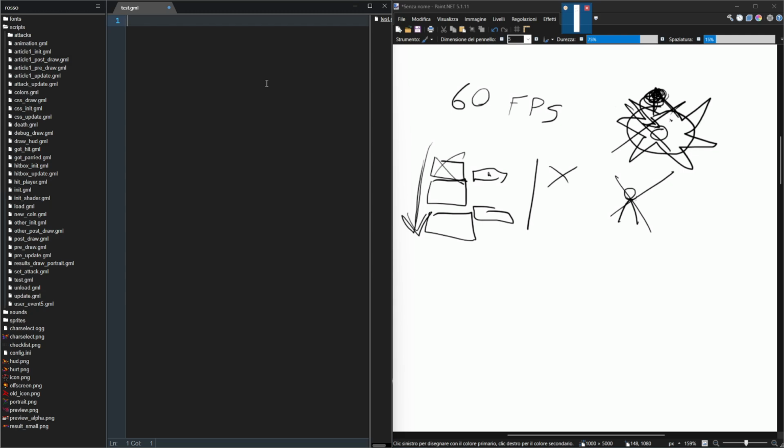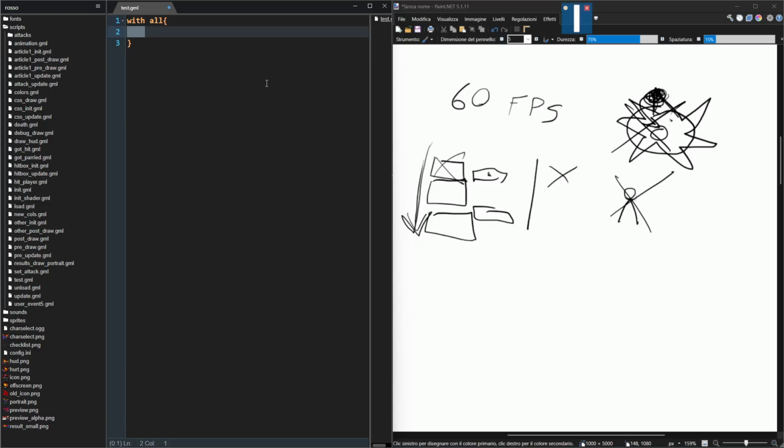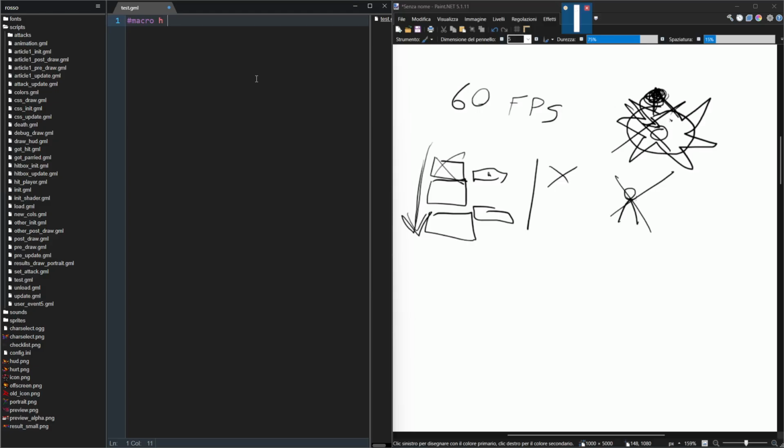An important keyword for with is all. So this will run this code through the perspective of every object. This is the macro for every object, the parent macro. You can create your custom macros like this. You specify the name of the macro first, and this is what the value will be set as. If you do this